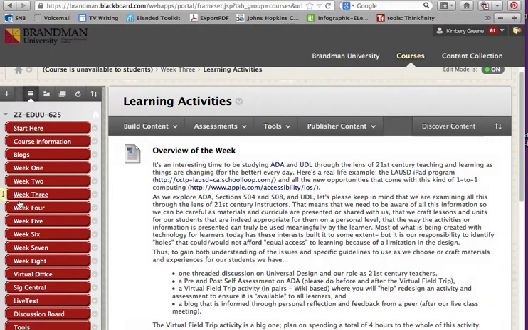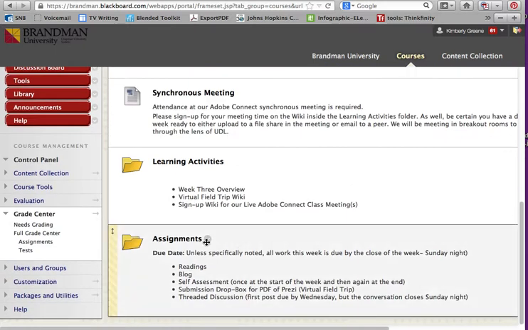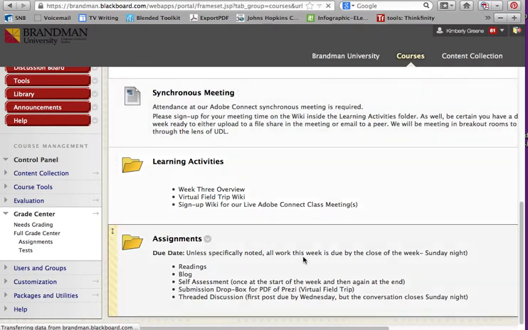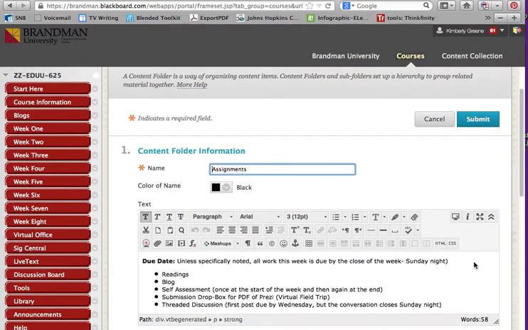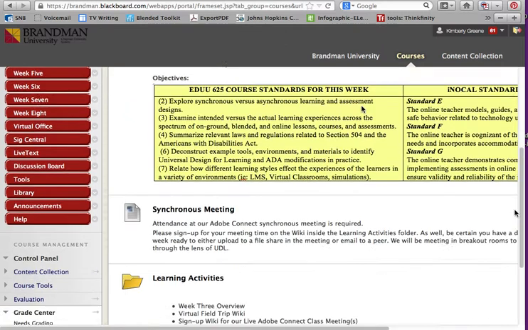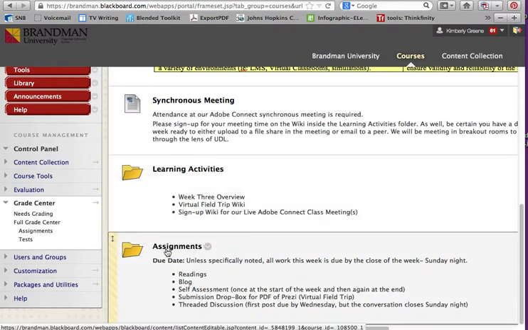And I know I am rushing through this, but I don't want to keep you all hours of the day and night. And I do want to mention that, unless specifically noted, all work this week is due by the close of the week, Sunday night. That is a consistent message. Oh, hang on, let's fix that while we're standing here talking about it. Sunday night. Period. Fixed. If you find any ridiculous flubs like that, please shoot an email to me, the course developer, Greene, kgreen at Bramman.edu, or let your